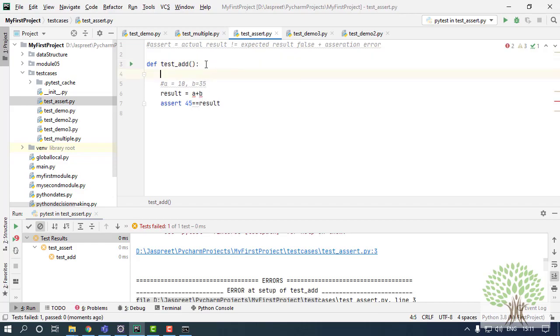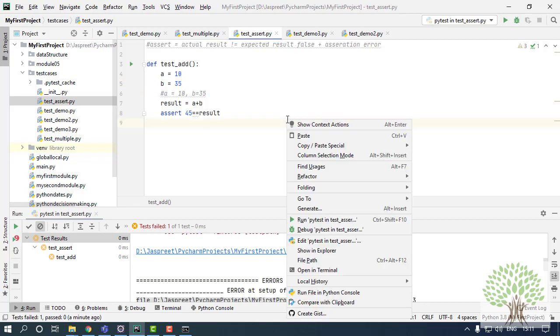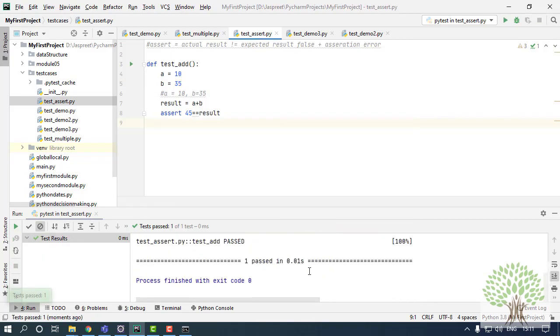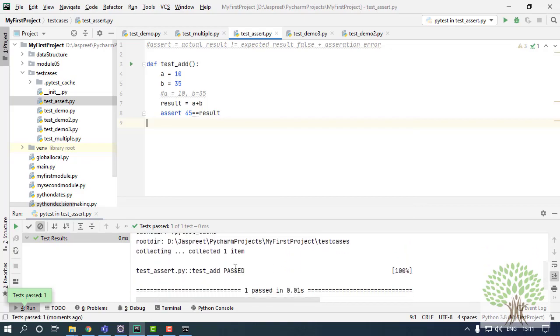Instead, I will just have it over here as a is equal to 10 and b is equal to 35. Now over here I'm hard coding it. I'll show you a different way as well, that you don't have to do it this way. I'll run this and this time my test case has passed.